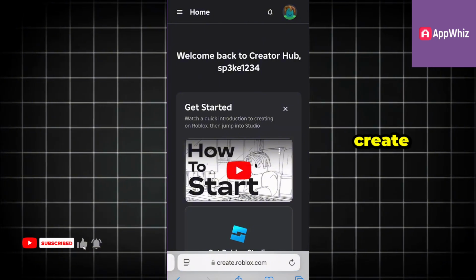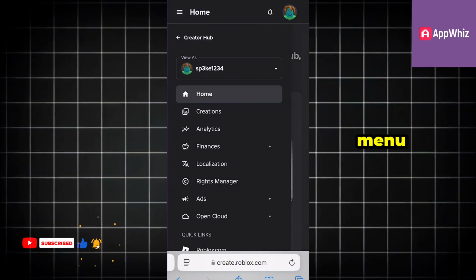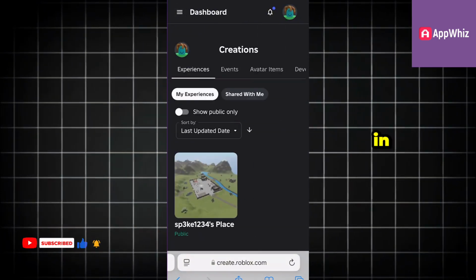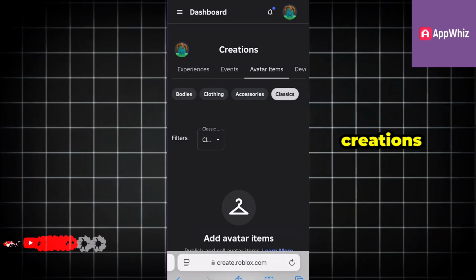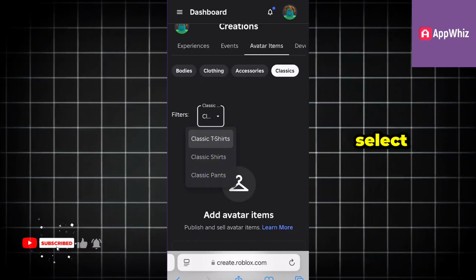Then click on the Create button from this navigation menu. Click on the navigation icon. In the top left-hand side, click on Creations. Click on Avatar Items. Select